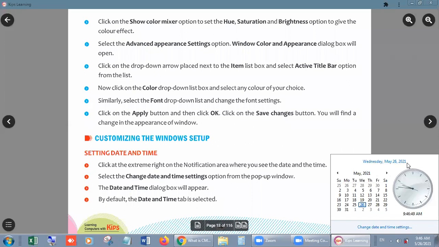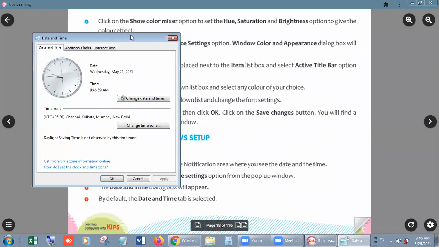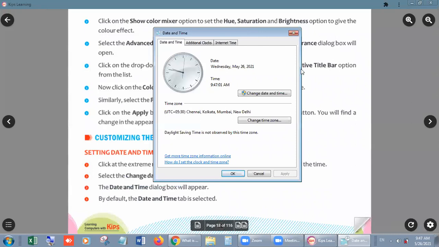But if you want to change it, suppose I want to change it, then what I will do is click on this link, that is Change date and time settings. When you click on it, you will get another dialog box. Okay. Now again choose Change. No need to go into Change time zone because the time zone is okay: Chennai, Kolkata, Mumbai, and New Delhi.